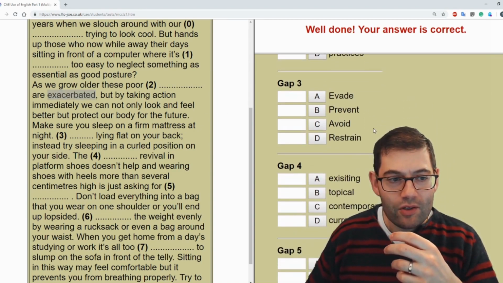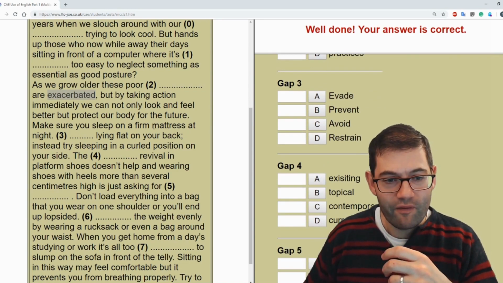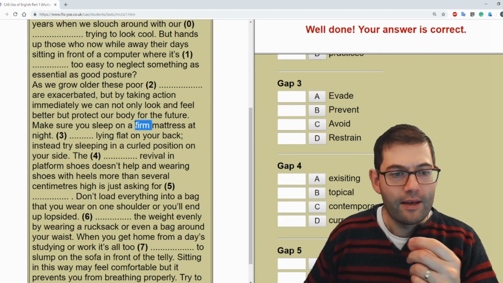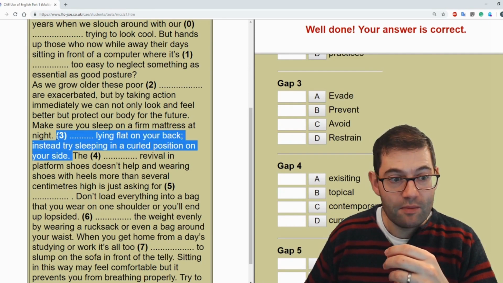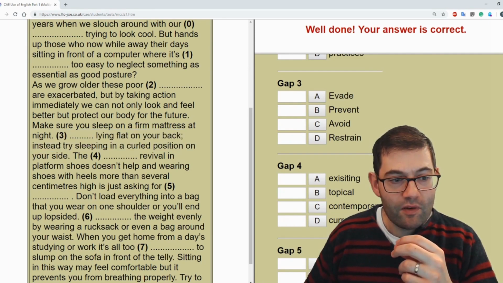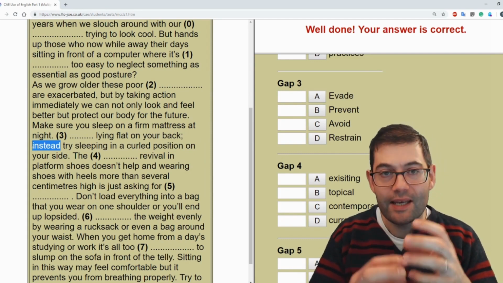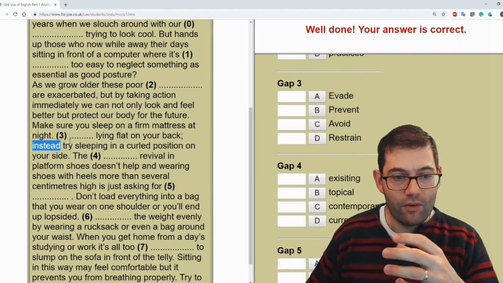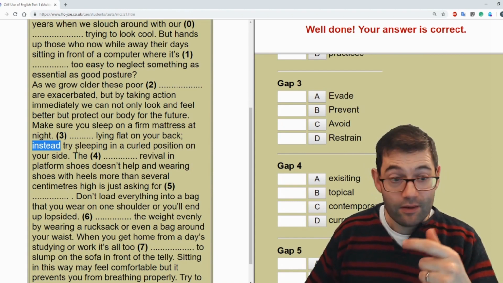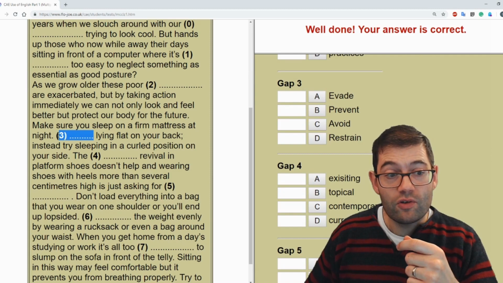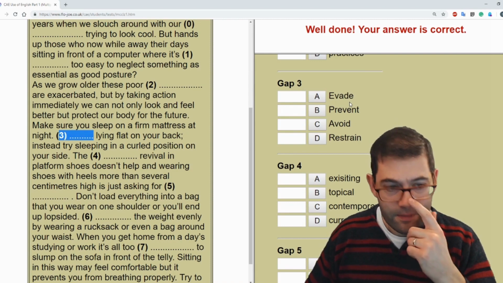But by taking action immediately, we can not only look and feel better, but protect our body for the future. Make sure you sleep on a firm, which means quite hard, mattress at night. Now, this sentence with number 3 is important because in this sentence we've got a second clause, and it is a contrast because instead introduces a contrast of some kind. So what this is trying to say is, don't lie flat on your back. Instead, try doing something else. So we need to choose a word which means the same as don't do something. And if we have a look at our answers,